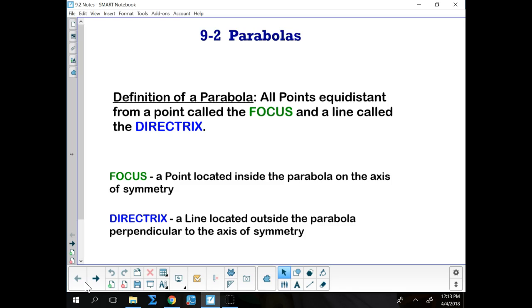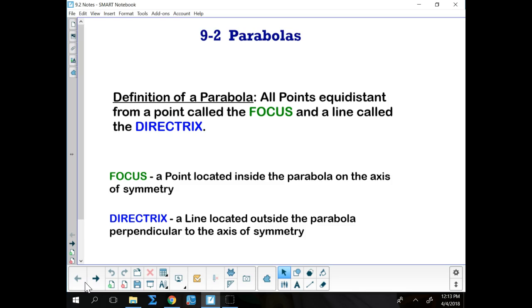Now you've seen axis of symmetry back in Algebra 2. Okay? So it's on that symmetric line, okay? Which for us is either going to be a vertical line or a horizontal line, depending upon which way our parabola is open. The directrix is a line outside the parabola